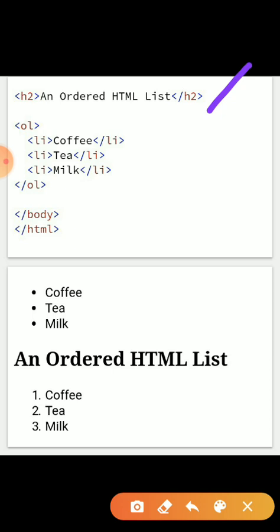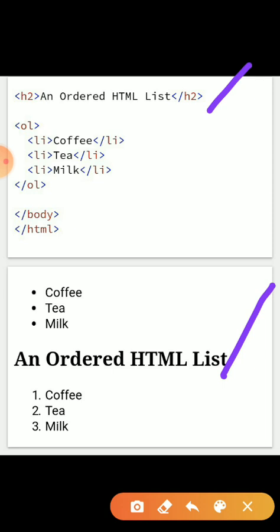Here the H2 tag shows the heading, then the ordered list. If we do not specify any type, by default it takes the numbers 1 2 3, and if we want to change this sequence or these numbers, we just change its type.